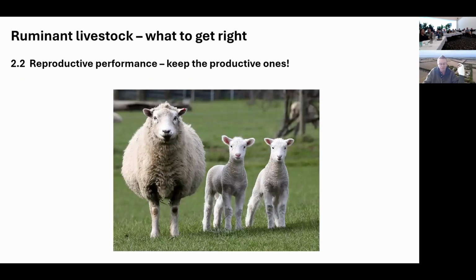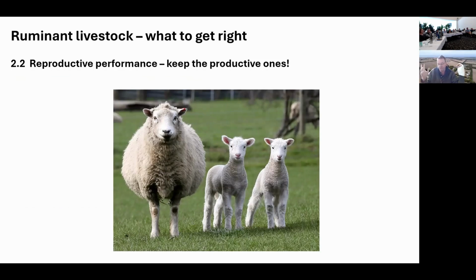The reproductive side, I reckon this is pretty obvious to most people. The more productive they are and the more of them you have, the better off you are. You know, if you've kept that ewe and she's been producing emissions and you can turn off 2 lambs instead of 1 lamb as a result, while your total emissions may go up a bit, the quantity that you're turning off would be much higher, so your emissions intensity will go down. So the obvious things, how do you maximise productivity out of those breeding animals is a critical one.